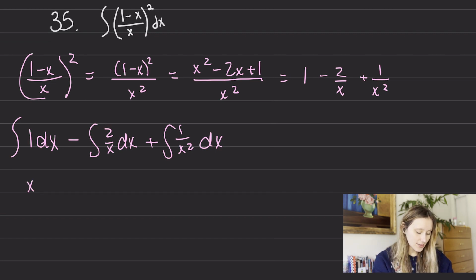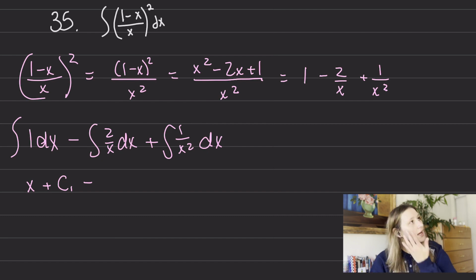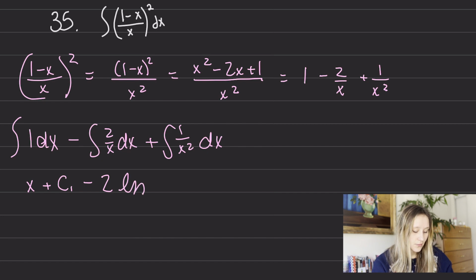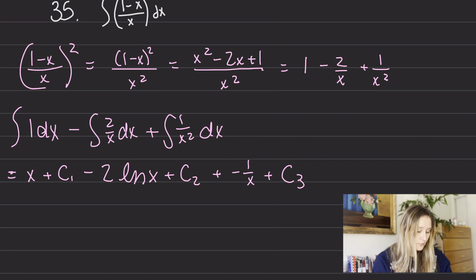This is going to be x plus c, some c, minus 2 over x is going to be 2 times ln of x plus some c2. And then we have 1 over x squared, which is going to be minus 1 over x plus some c3. Then that's our final answer. We get x minus 2 ln of x minus 1 over x plus,